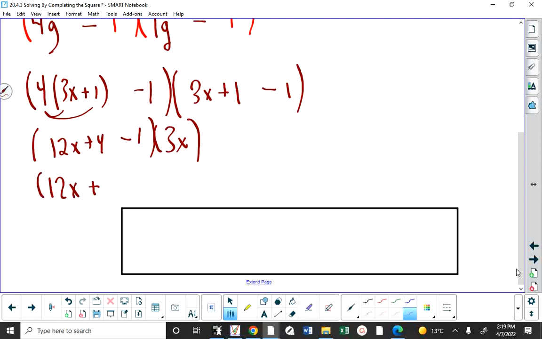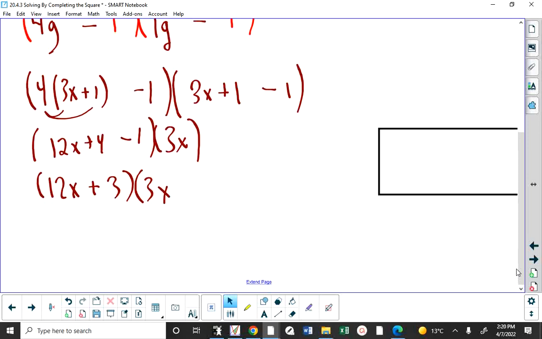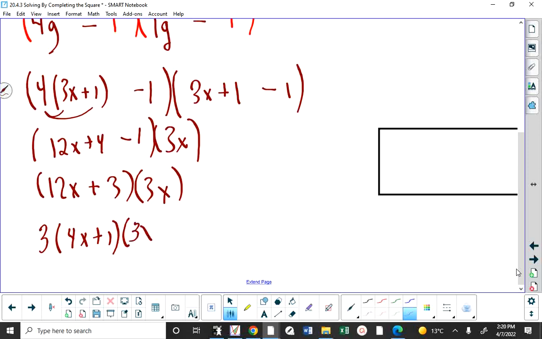12x plus 3 times 3x, because the 4 minus 1 is 3. And then we notice that there's a greatest common factor in the 12x plus 3 of 3, and then we get 4x plus 1, and then we have our 3x. Now,